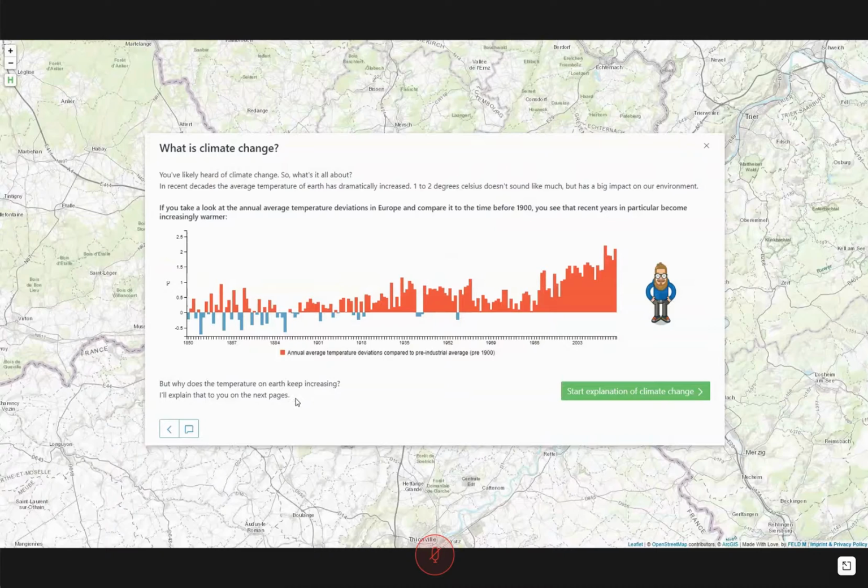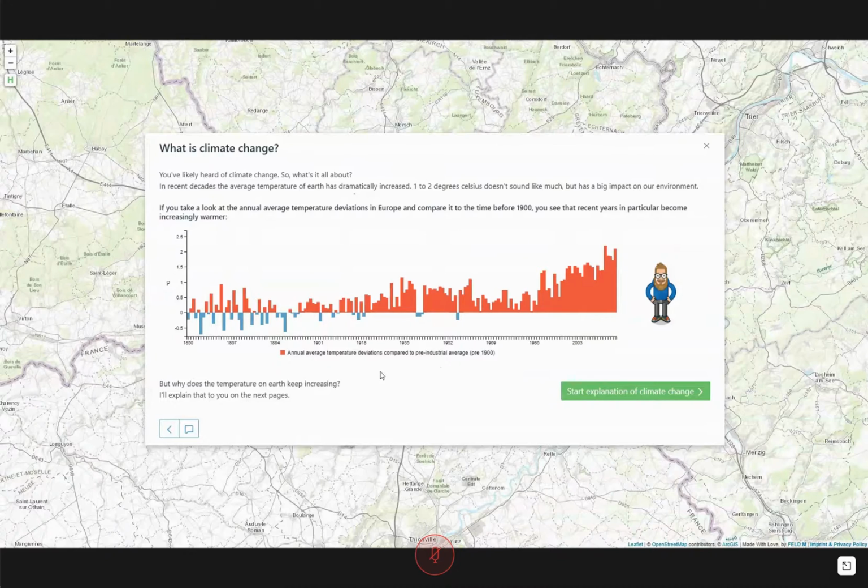Okay, at the beginning of the tour, we tried to explain in brief what climate change is, and we broke it down to essentially increasing average temperatures. On this first graph, we show how the annual average temperature in Europe has increased over the past decades in comparison to the pre-industrial average, that means the time before 1900.